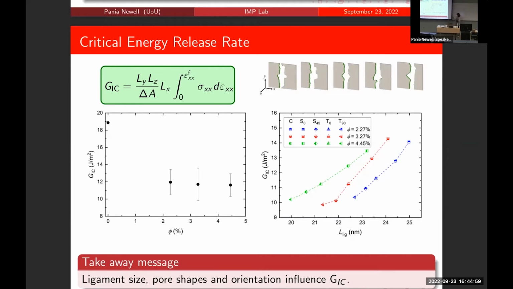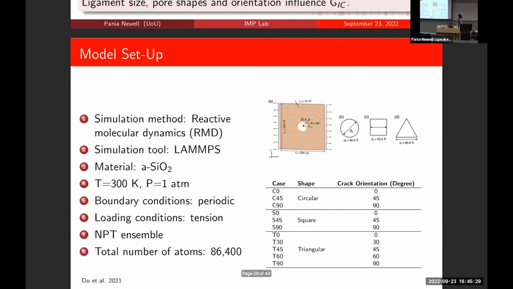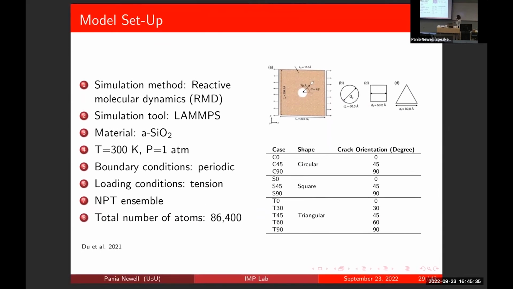So that ligament length that I explained, the net area, the gap between the pores in the neighboring region, that's what has a clear dependency on the GIC value. So basically, I guess the takeaway message is that by changing the pore morphology, you can change the ligament length, and yeah, you will make some changes in the GIC. But the porosity, the first order parameter, does not have any control whatsoever on the GIC value or controlling the fracture at the nanoscale. So what is the role of the defect in these systems?